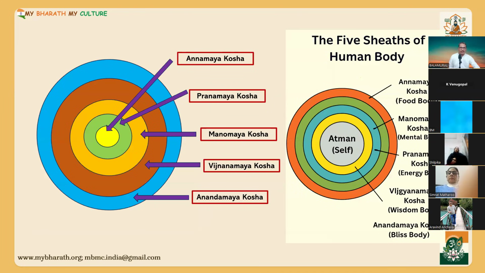If you take one more picture, you can see they will say Annamaya Kosha is at the center. See, in the right side picture we have seen, the small core is Atman. It is not small. It is invisible. When you say Atman is inside, it is not so small. It is so subtle. You will not see it. But there is another picture. Same here. You see Annamaya Kosha in the center, then Pranamaya Kosha, then Manomaya Kosha, then Vijnanamaya Kosha. Outer is Anandamaya Kosha.